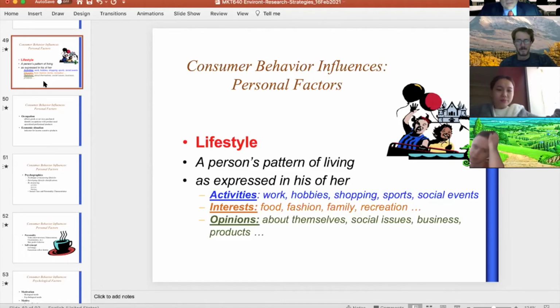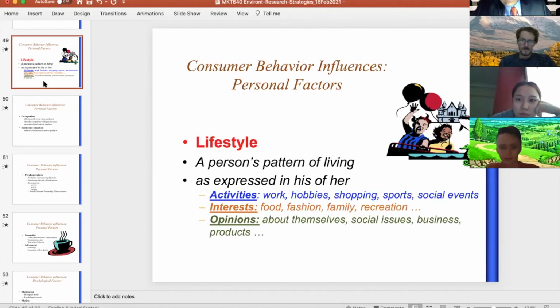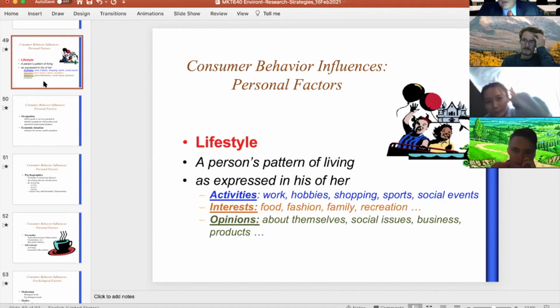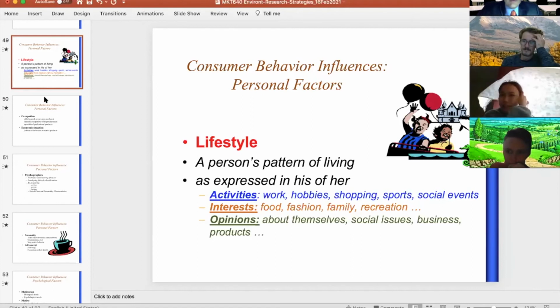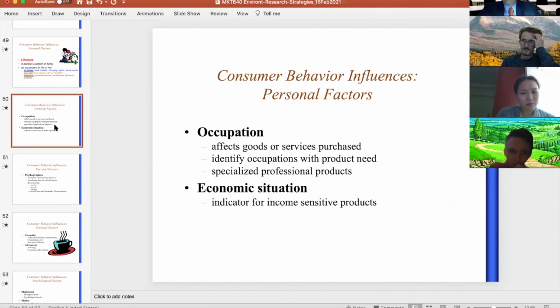What was strange to me is that sometimes students said, "Oh, professor, your textbook is $5. I can't afford it." And I was like, they complain that my textbook is $5 or $10, but yet they all have a BMW. How does that work? Because people consume not just on their income, they also consume based on their lifestyle and what they want. So lifestyle and occupation are two explanations of how people consume.